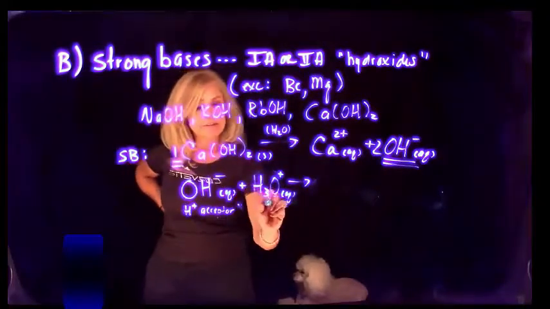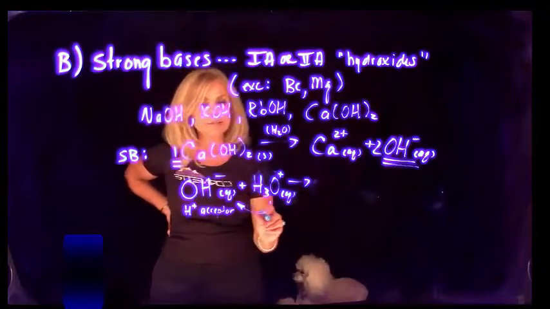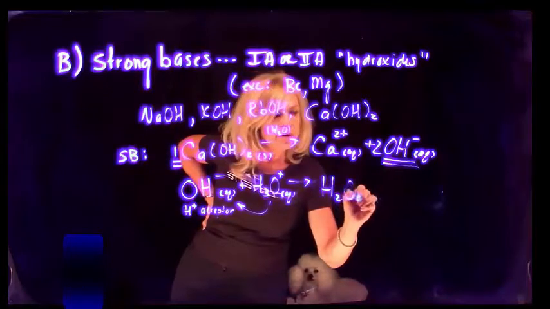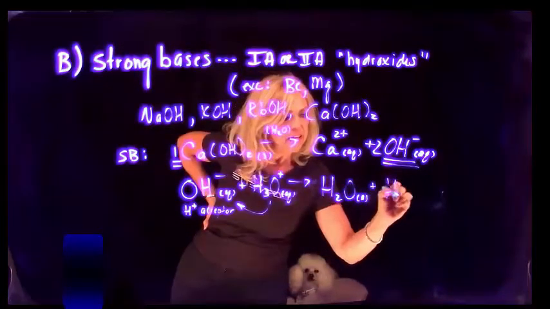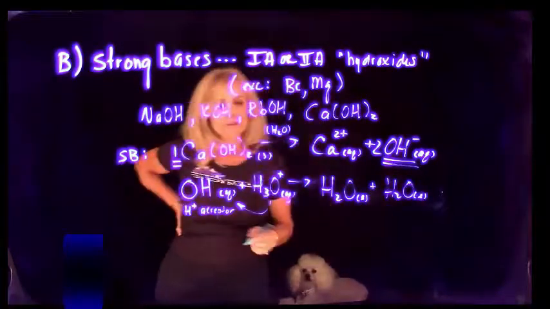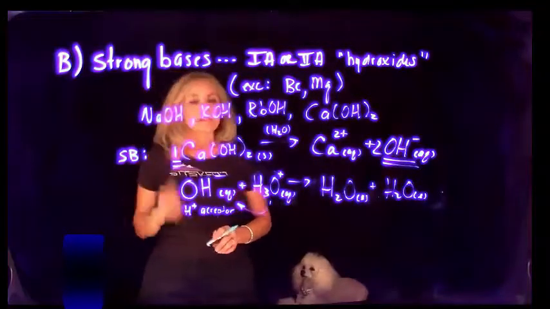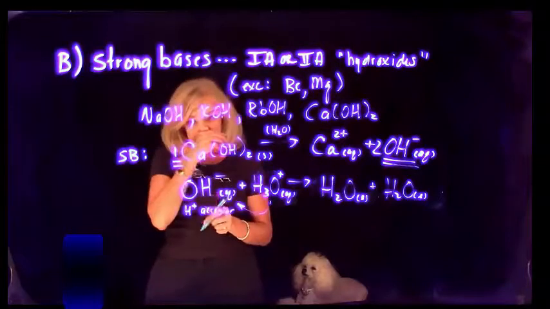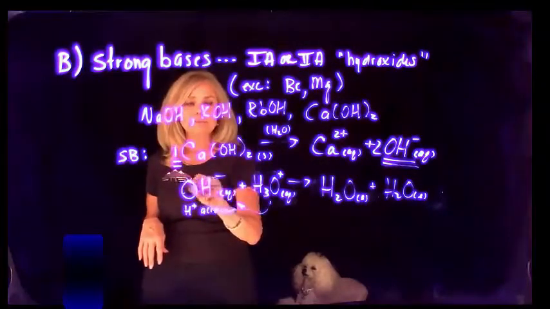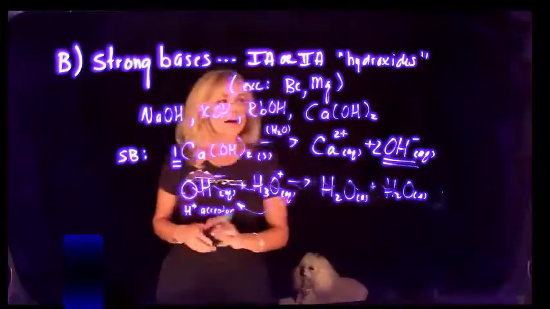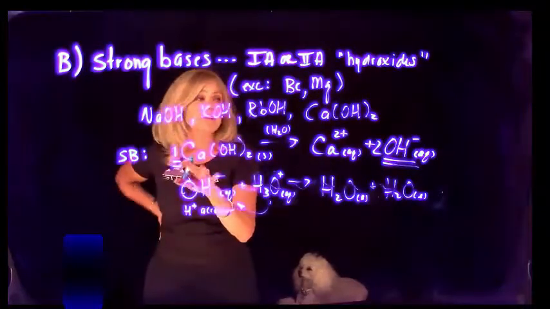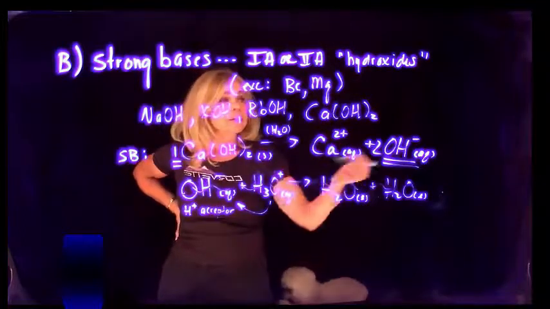It's going to take the hydronium ion and form H2O and H2O. So technically that's what happens when you put a strong base in solution. For the most part, you don't need to really worry too much about that. The critical thing is when you put a strong base in solution,